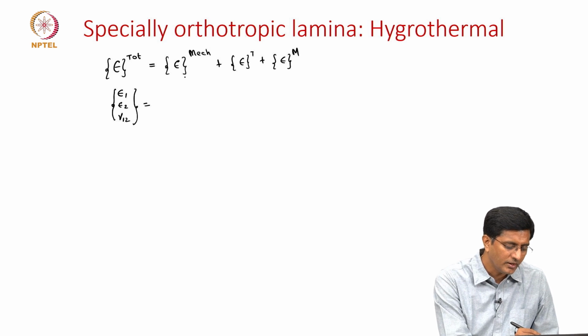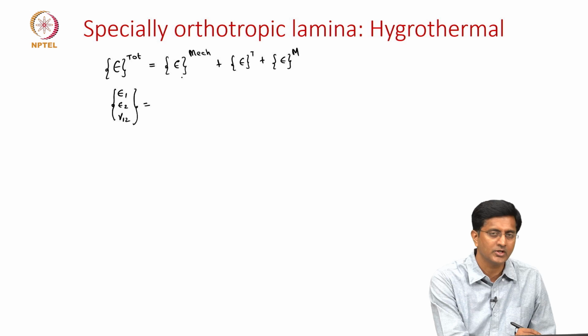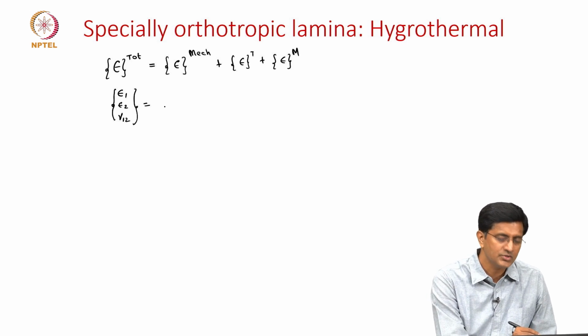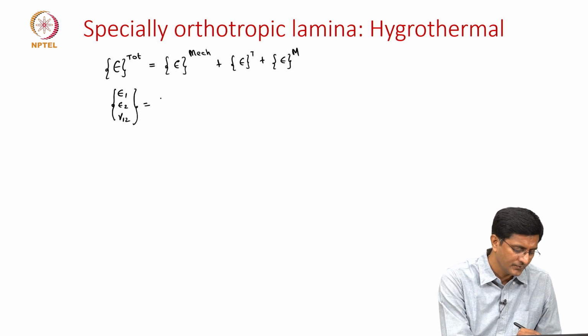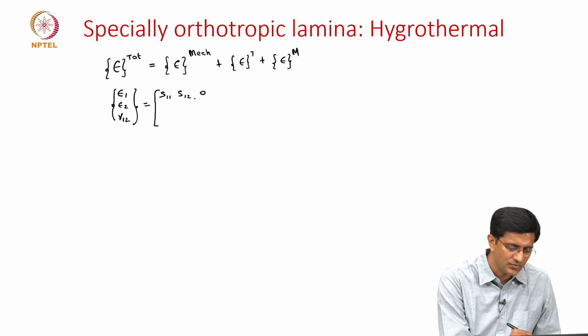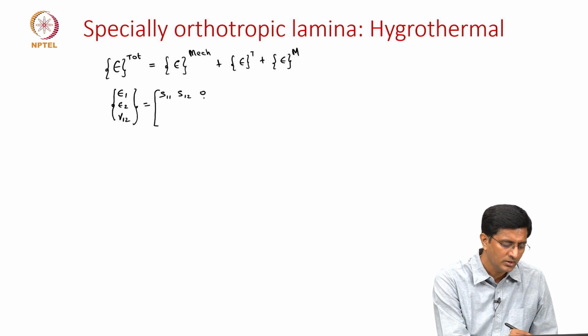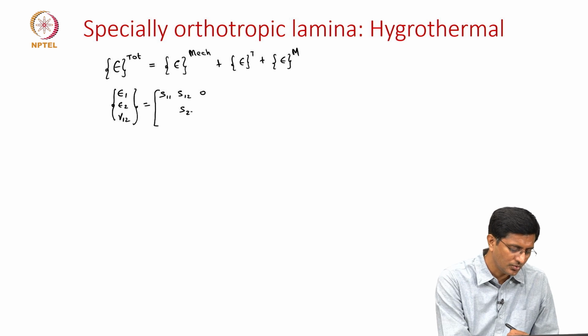And we'll start by rewriting the strains for the mechanical contribution. This will write it as a product of the compliance matrix times the stresses. So the compliance matrix, if you recall, is written in terms of S11, S12. Since we are talking about especially orthotropic, there is no extension shear coupling, so it goes to 0, S22, 0, again, S66, times the stresses, which are sigma 1, sigma 2, and tau 1, 2,